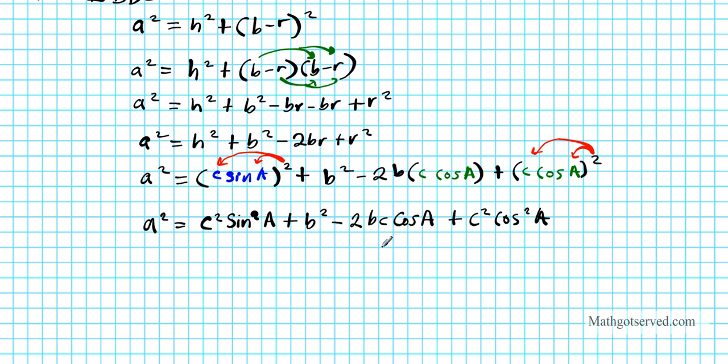Okay, now let's bring the square trig functions next to each other. So I'm going to rewrite this as a squared equals c squared sine squared A, and let's bring this next to it, plus c squared cosine squared A, plus b squared minus 2bc cosine A. Okay, now look, focusing on these two right here, these two trig functions, I can factor